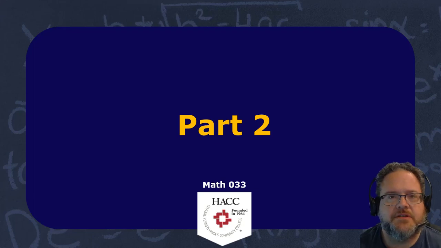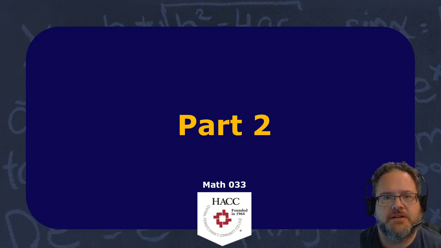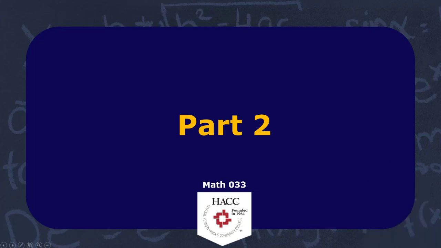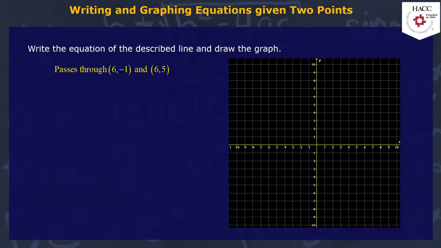In this video, you're going to do some additional examples where you're given the coordinates of 2 points that lie on a line, and you'll be asked to produce the equation of that line as well as a graph of that line. So, as we did in the first part of this, we're going to try to ultimately come up with the equation of the line. We're going to draw the graph too, but there's really no major difficulty with that because